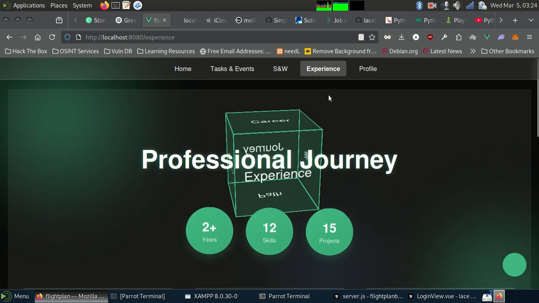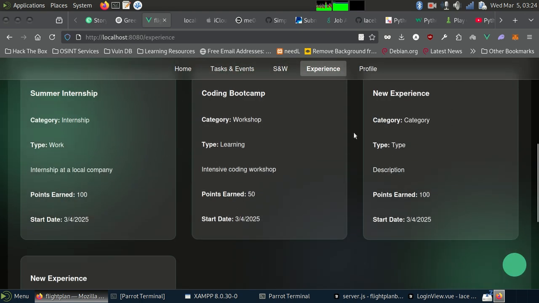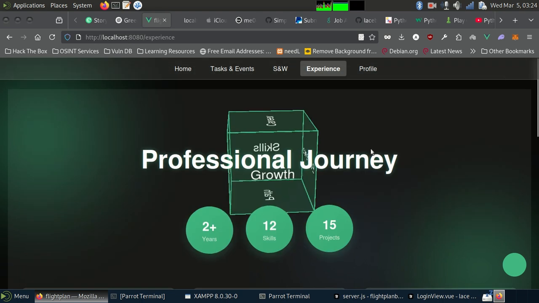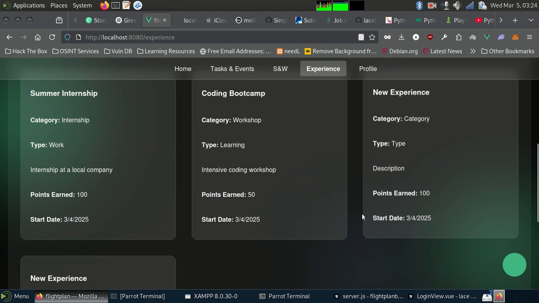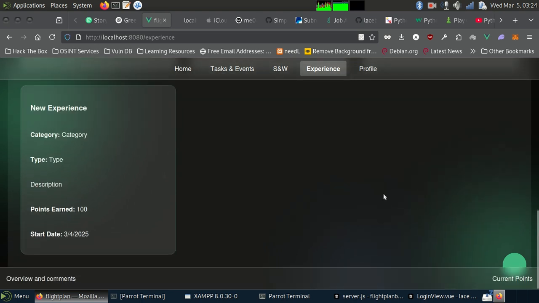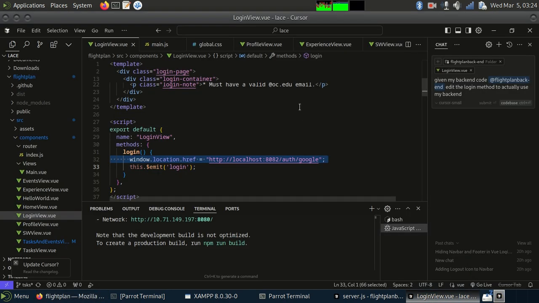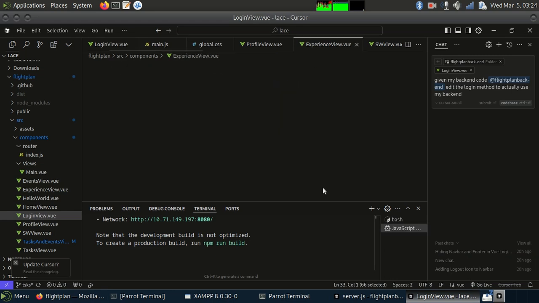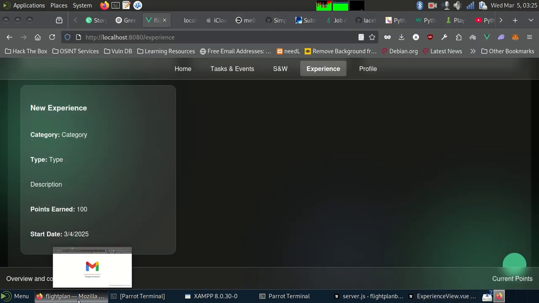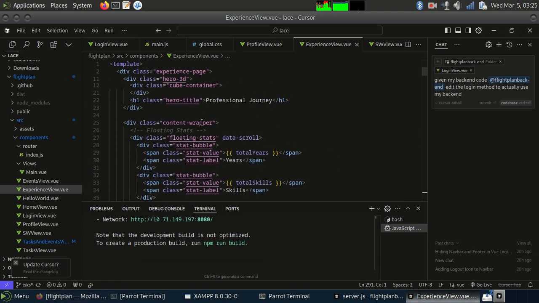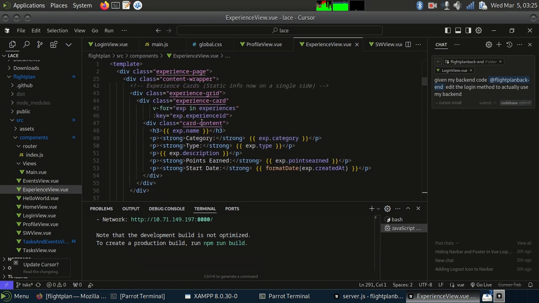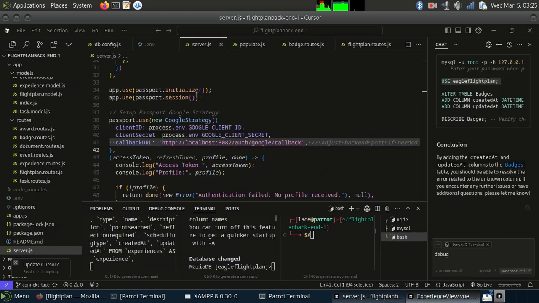When you click the experience page, it will show you the user's current experience, right? So all this stuff here is not hard coded. It's retrieved from the database. So I can come back here into our front end code and go to experience view, right? Experience view, yeah. And if you check the code, inside the experience cards, which are basically